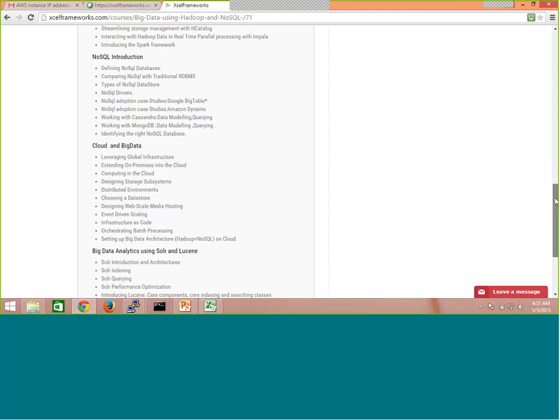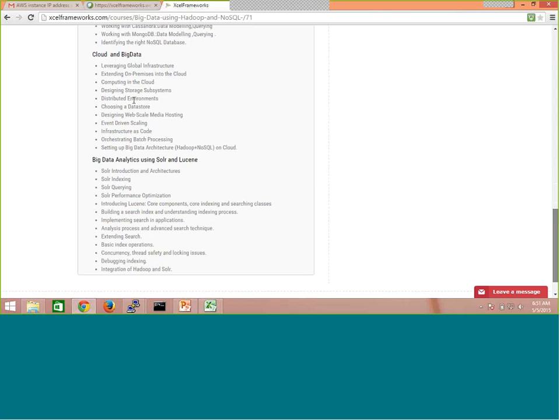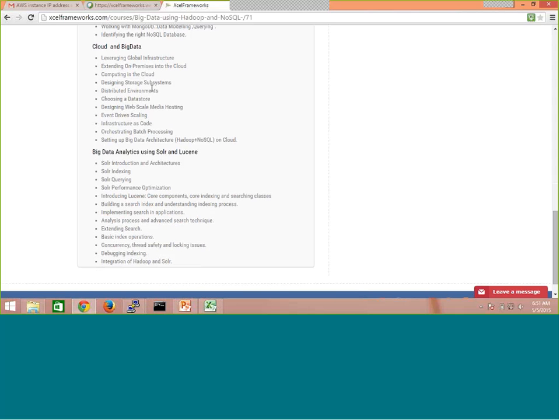Then we will spend some time on cloud and big data. We'll see the differences and how people have actually started setting up their instances on cloud instances. The reason